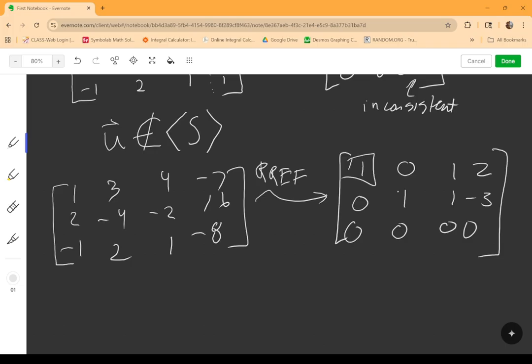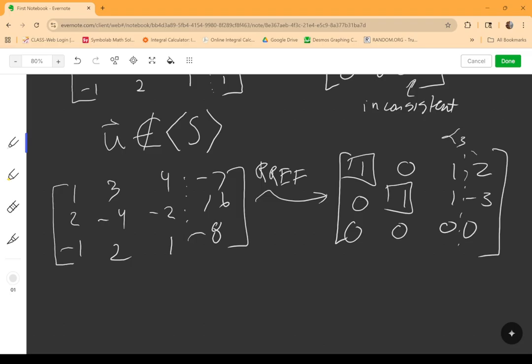Here it looks like we have two pivots. Remember, this is an augmented matrix, so we have two pivots and one free variable, here our free variable being alpha 3. This is telling me a couple of things. First, we know the system is consistent, so there is a solution. Here we have a free variable, so there are infinitely many solutions, but I am not really interested in